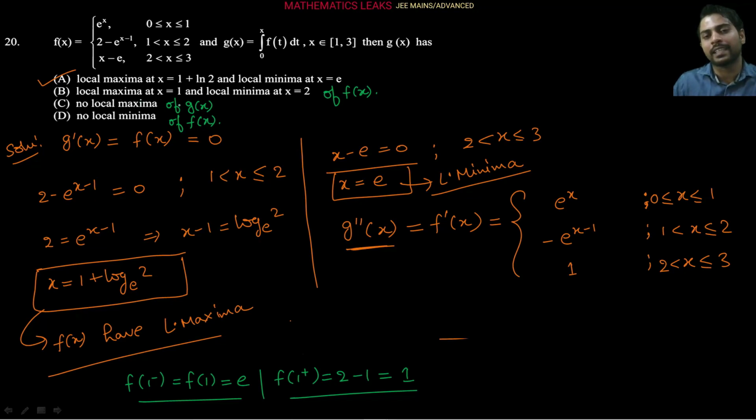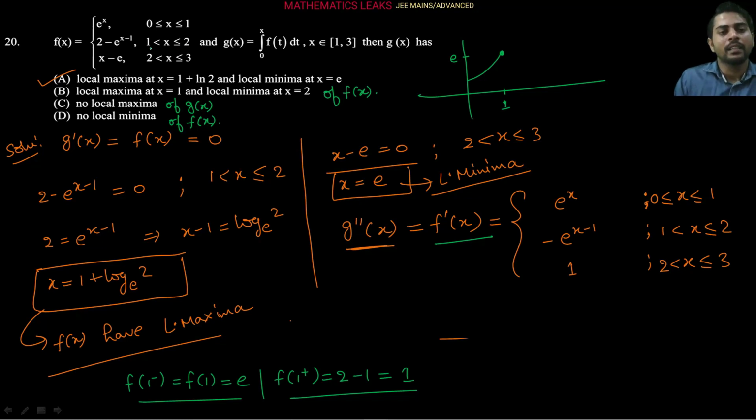Also you can see in its graph, from 0 to 1 the function's derivative is e to the power x, which is positive in 0 to 1, so increasing. And the e to the power x graph we know is a very standard graph. Here it is given the closed interval 0 to 1. Let's suppose that is 1 here, closed interval I am taking, so a dark circle here, and that value is e only. And in 1 to 2, if we see its graph, the graph is decreasing since in 1 to 2 its derivative is coming negative, so decreasing it is, and the functional value at 1 from the right side we observe is 1 only.